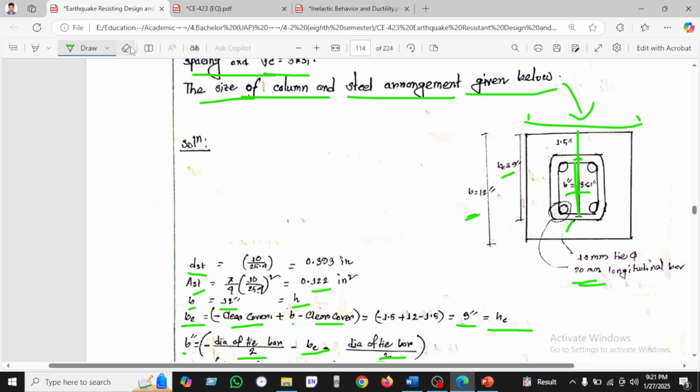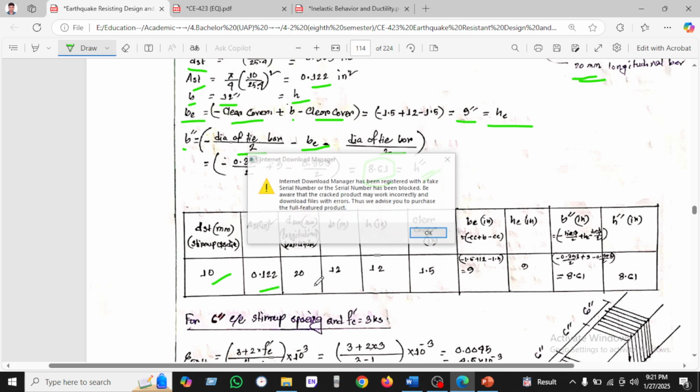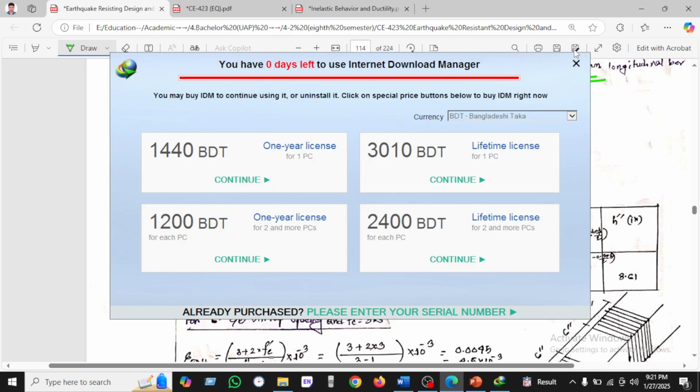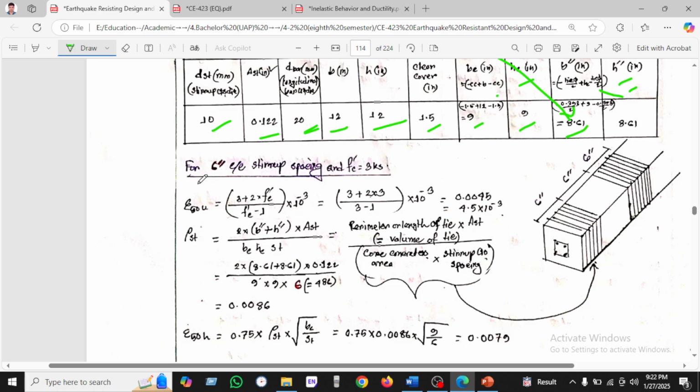Okay, I'm erasing some below. So DST we have found 10, and AST found, and in this way D bar we have used 20 millimeter, and B we have found 12, and A is 12, clear cover 1.5, and BC we have found 9 square. A is the same, it will be 9 also, and B double prime we have found 8.6, and A double prime also remains the same. For 6 inches square center by center spacing